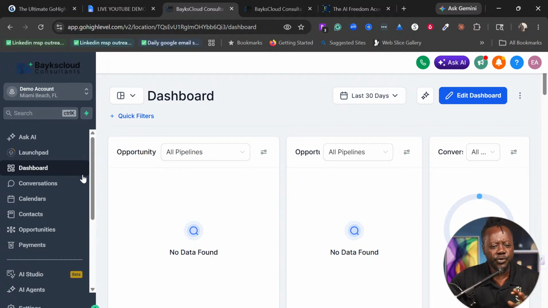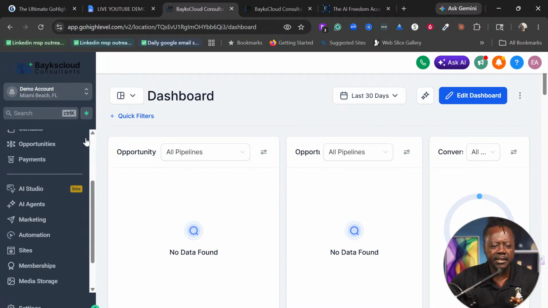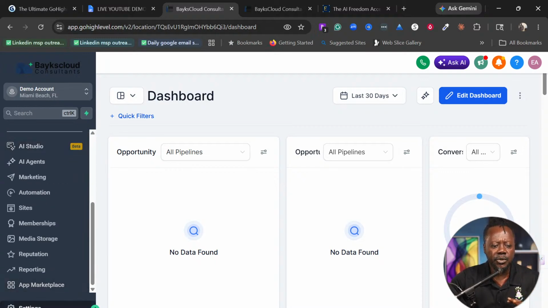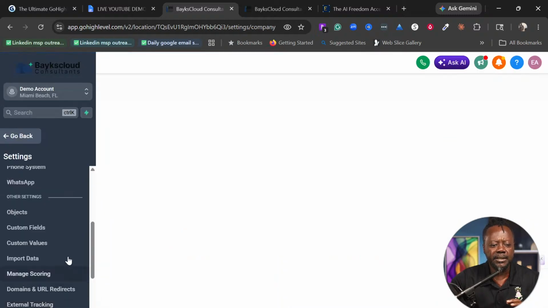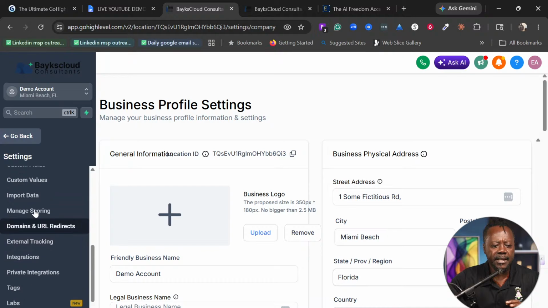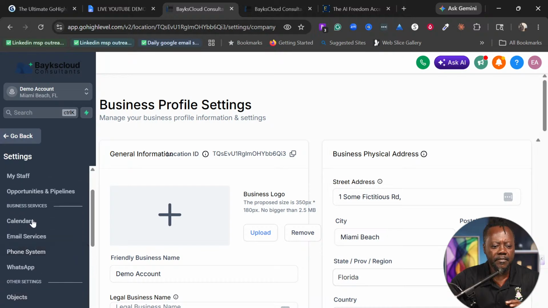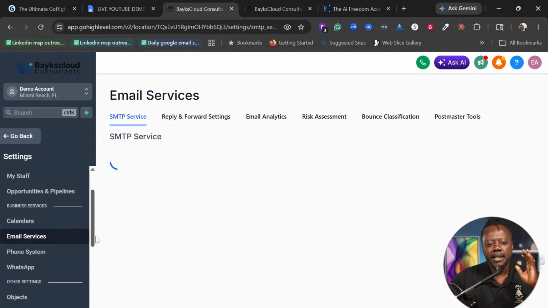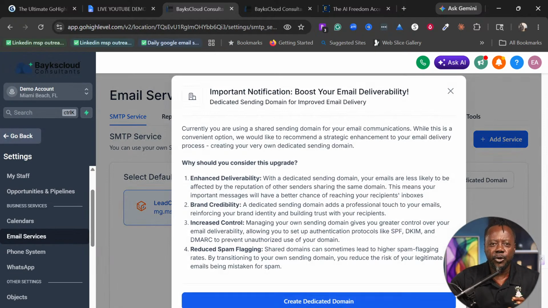So, first of all, you are on your sub account, and where you want to go is to the settings. Once you go to the settings, you scroll down and go to where it says email services. This is very important, guys. And the reason why this is so important is that